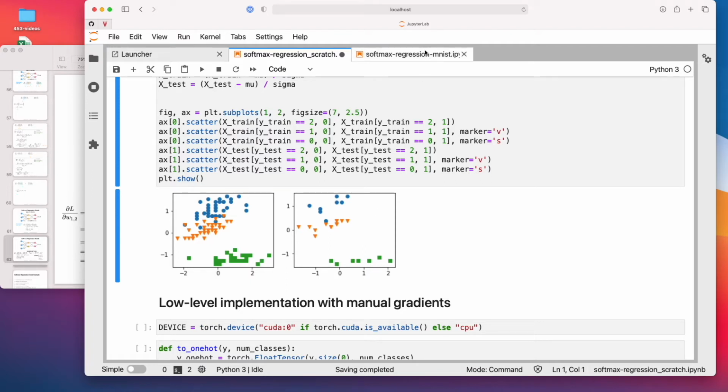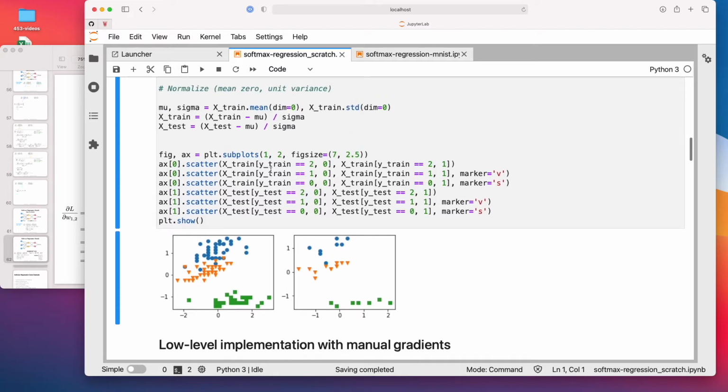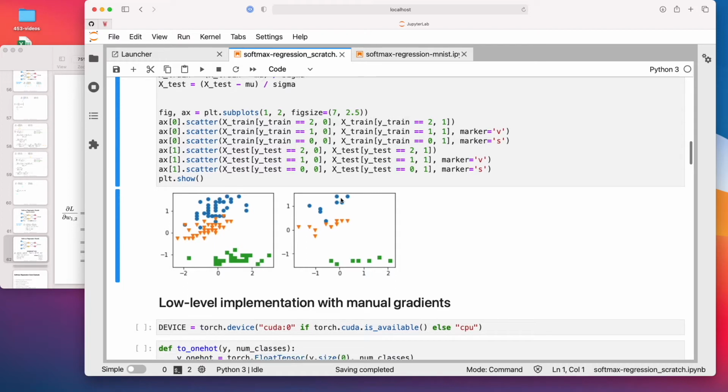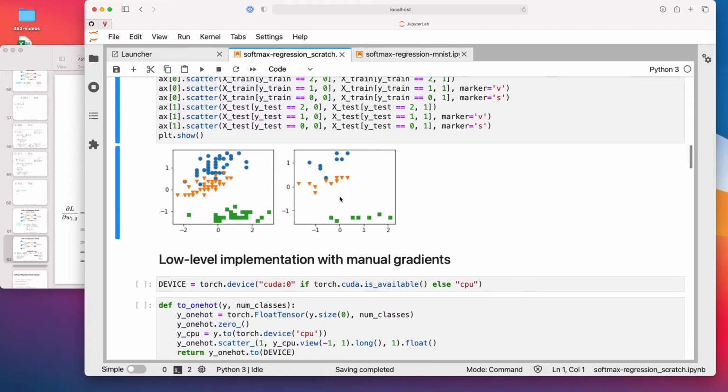In the other notebook I will show you also the PyTorch data loader. That is usually how we load data, because in deep learning we usually don't use CSV datasets, so we usually don't do this procedure. We usually use a data loader. I will show you in the next code notebook how that looks.